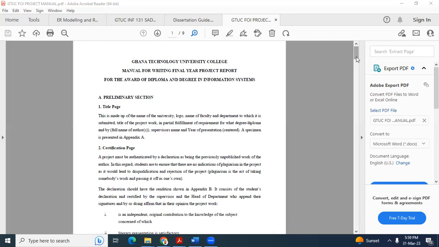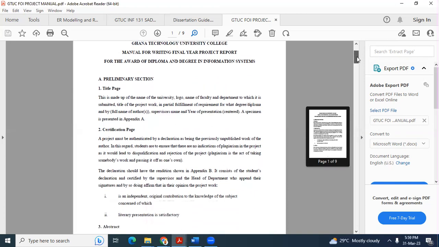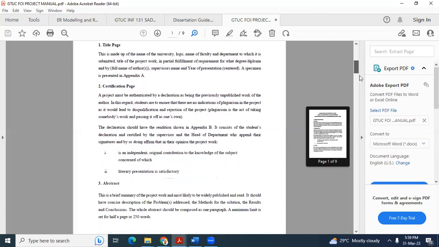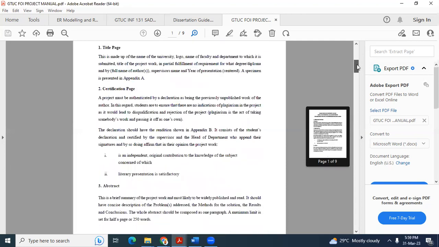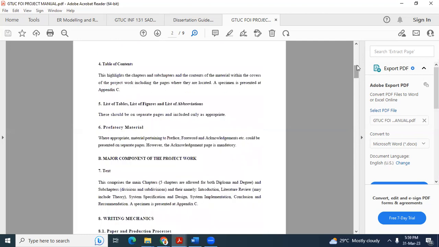So you'll see that the manual starts with a preliminary section that has title page, certification page, abstract, table of contents, list of tables, list of figures, and list of abbreviations, and then probably preface and all that. Then comes the major component of the project work. It is important to get right,